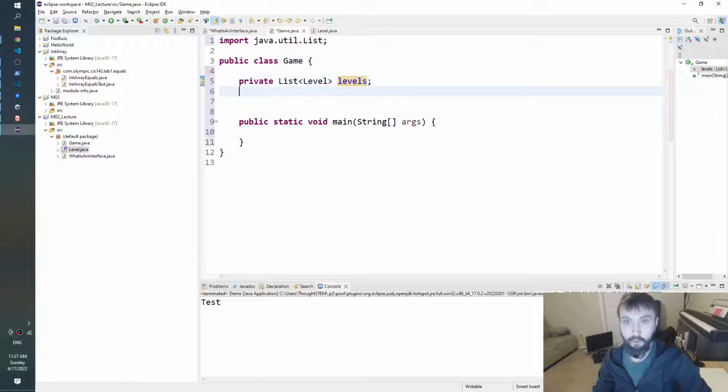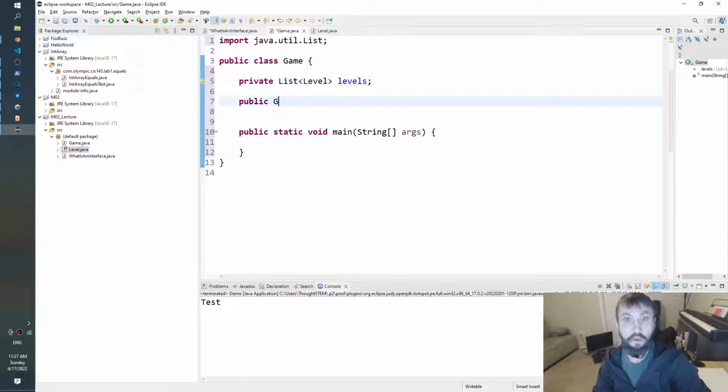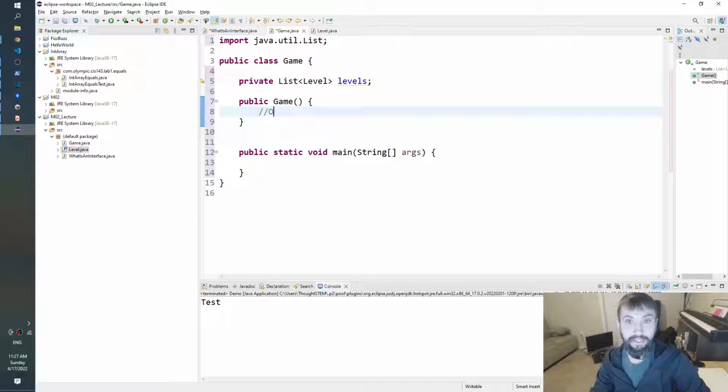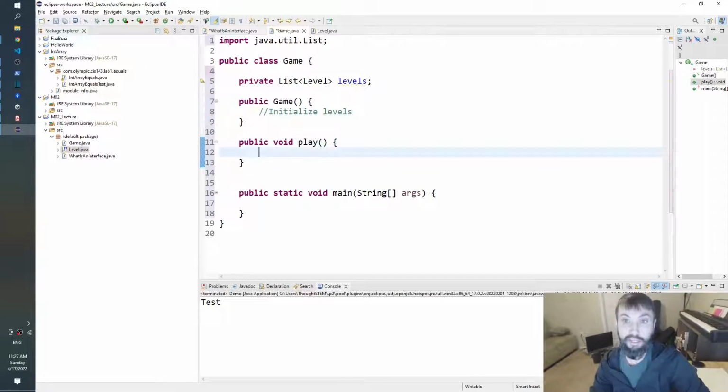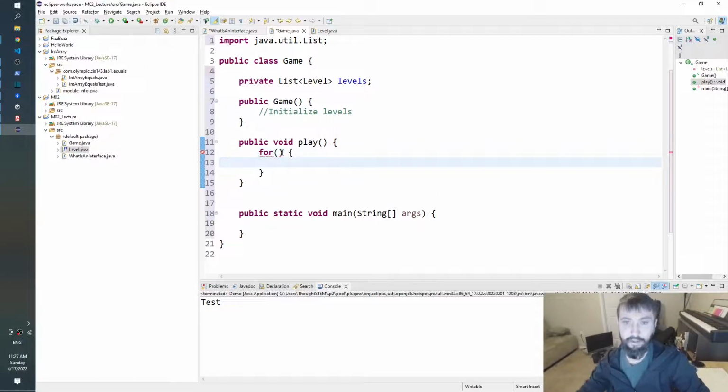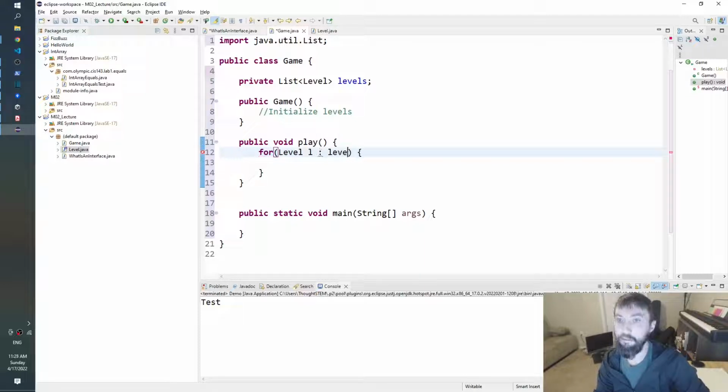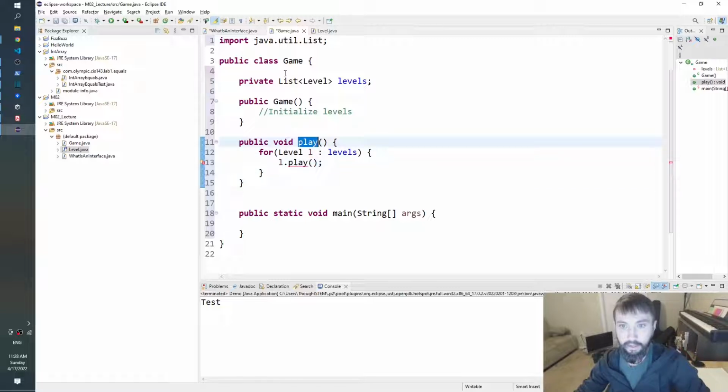So what we might do is, when we create a game, we might initialize those levels. And then when we play a game, maybe we just go through each level in order and play it. So let's iterate over our list of levels. I'll say level L in levels, and we'll say L.play, because playing a game involves going through each level and